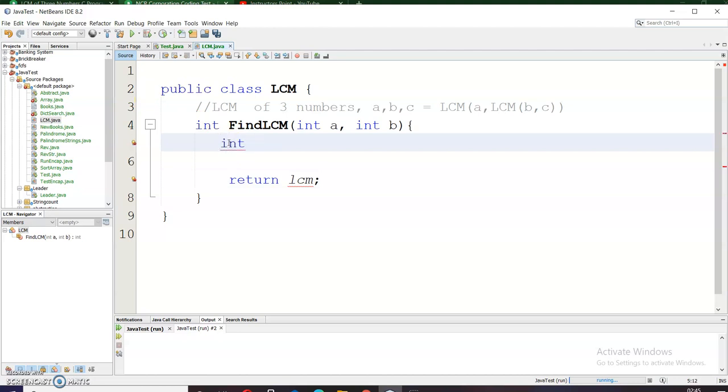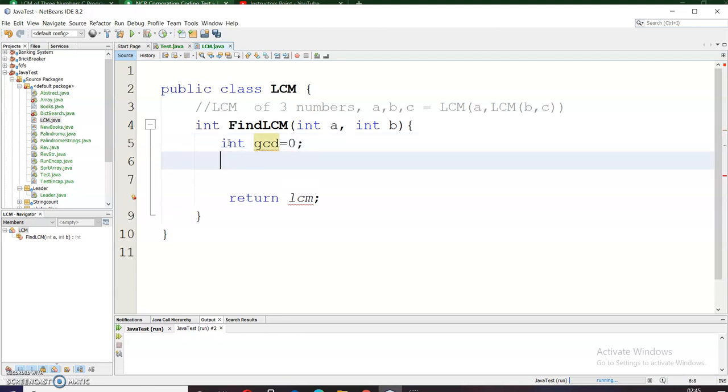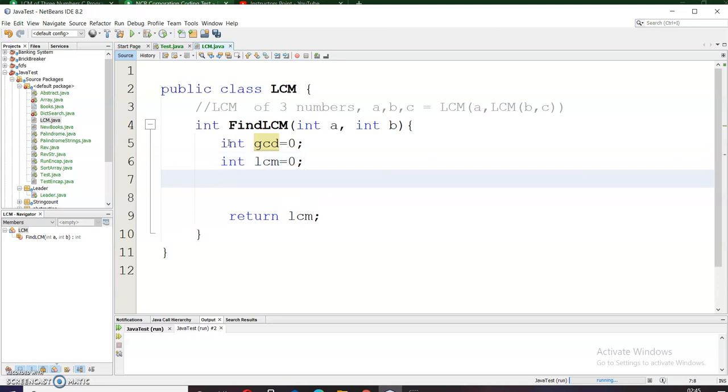Here I will define some variables: int GCD, greatest common divisor, initialized to 0, and int LCM, also equal to 0. Then I will calculate the smaller of the two numbers.